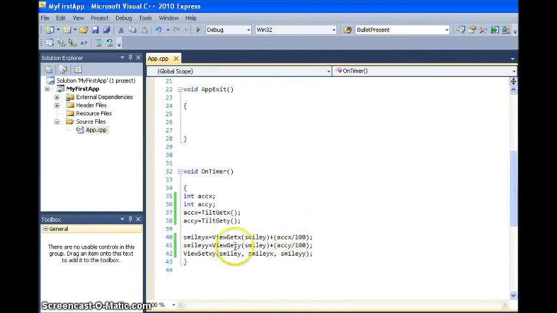So we're going to come in here into our on timer, and we're going to go right before this last piece of code of view setting the image. We need to put in some restrictions. So we want to say if it goes too far to the right, then stop. Basically, we're not actually making it stop, but it'll make sense in a minute. So if the smiley x coordinate is greater than or equal to,